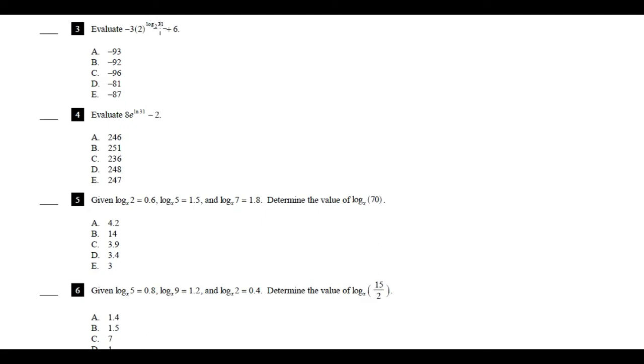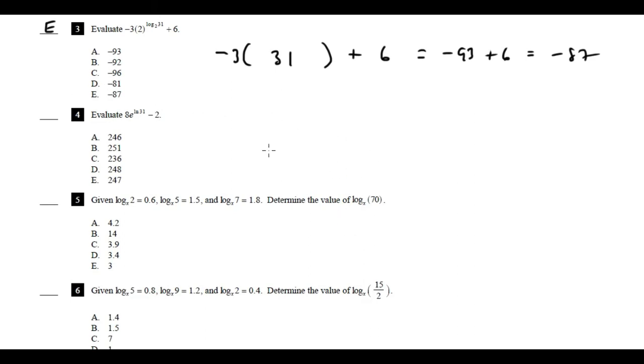a power of a log with base 2, all that business, after the negative 3, and before the plus 6, 2 raised to that log base 2, the exponential erases the log, and you're left with the input on that topmost, in the logarithm, in the exponent. So this is going to be negative 3 times 31, which is negative 93. Negative 93 plus 6. So we're looking at negative 87 for part, selection E there is